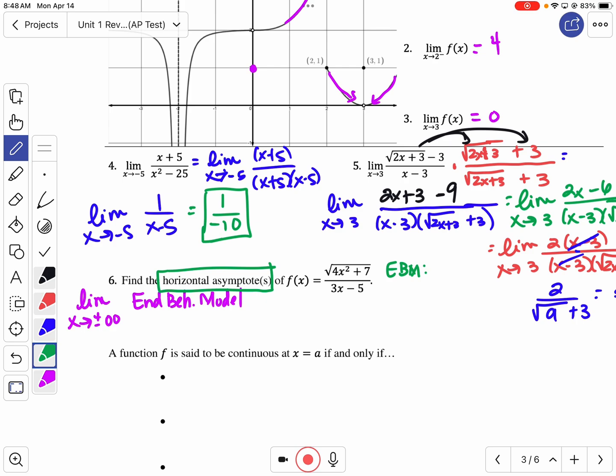Remember, end behavior is the highest degree term of the numerator and the highest degree term of the denominator. The one of the denominators is pretty easy. It's 3x. Highest degree term of my numerator is that 4x squared, but it is under a square root. Right? Now, when I simplify that,